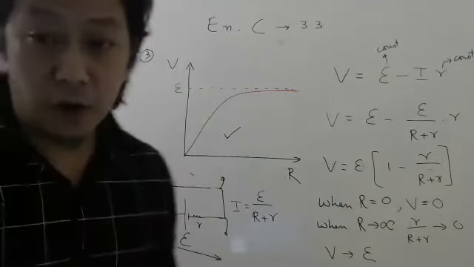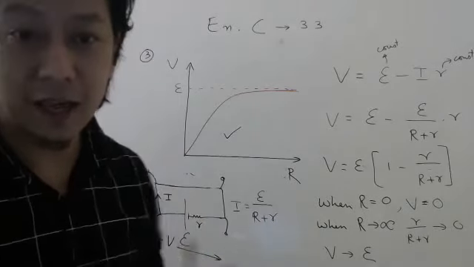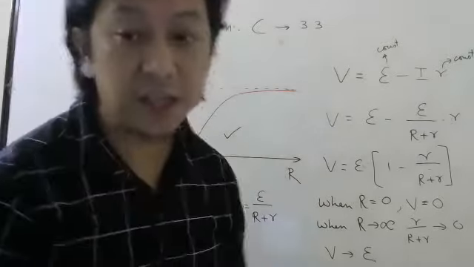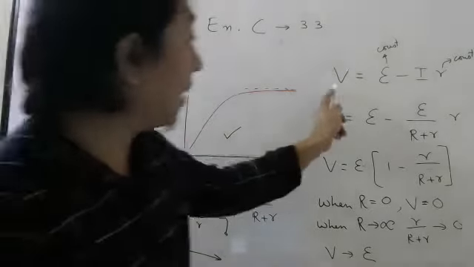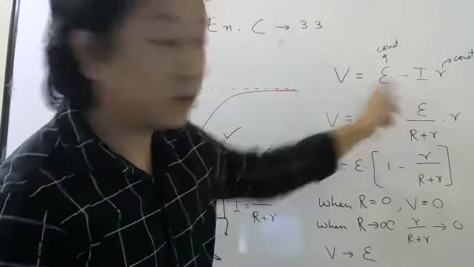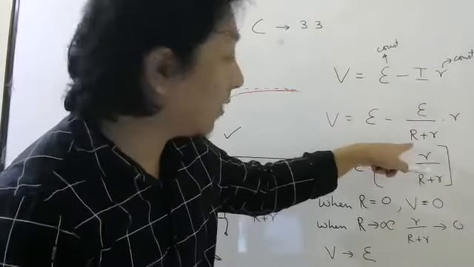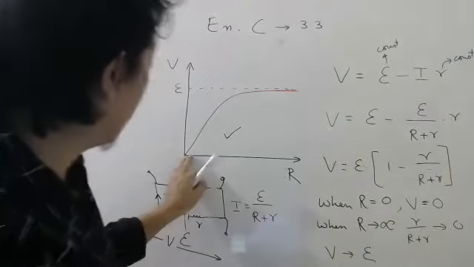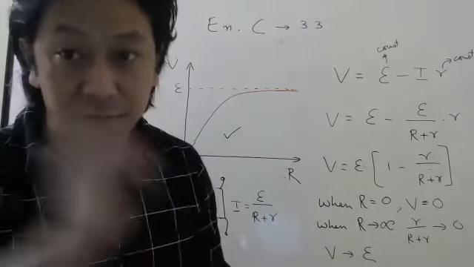So this is something very important. I found this question is not available in many, many textbooks. Only in NCERT I have found it. So try to understand the way I have done it, so that whenever they want a graph, students, you have to find a relation between the y-axis and x-axis. Right now you have V equals E minus IR. I you know in terms of capital R. Substitute there, and then check what happens when capital R is very small and when capital R is very large. Then once you get the idea, you can plot the graph roughly.